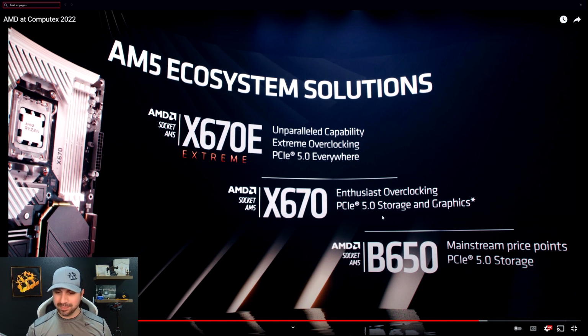Now, what he's saying is that every board storage-wise on the M.2 will have at least one PCI Express 5, okay? On the B650, you'll have one. On the X670, you'll have PCI Express 5 on the storage and the graphics. But on the X670 Extreme, both M.2s or three M.2s will be PCI Express 5, both PCI Express 5s on the GPU and through the CPU. And all of them are going to have the